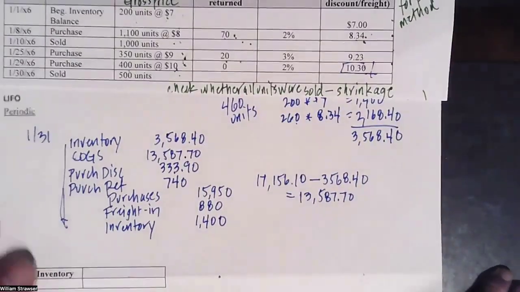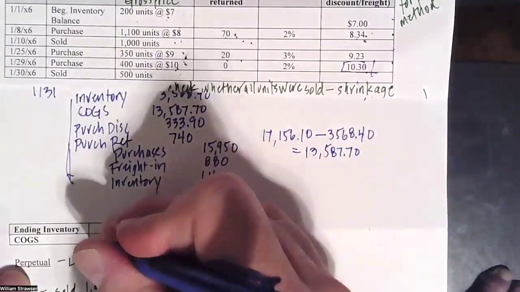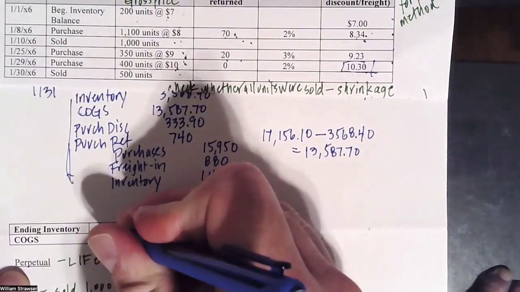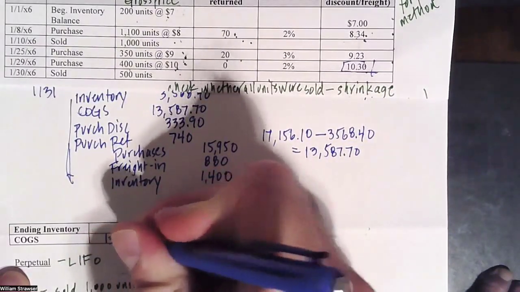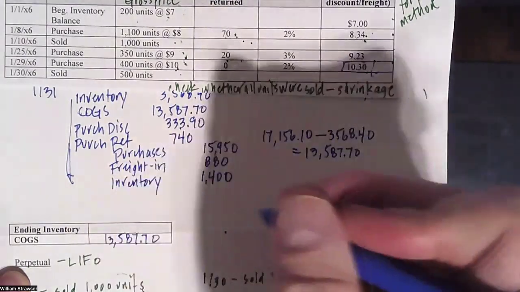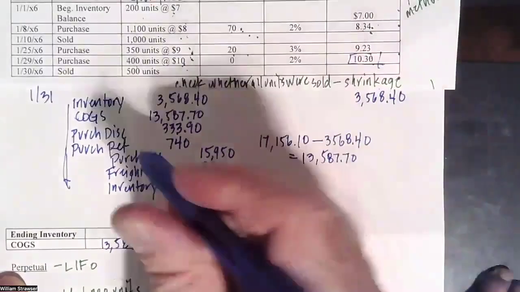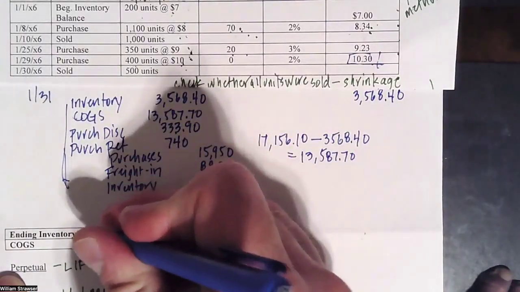So that's my cost of goods sold for the period, all recorded on the final day as an adjusting entry. And my ending inventory is 3,568